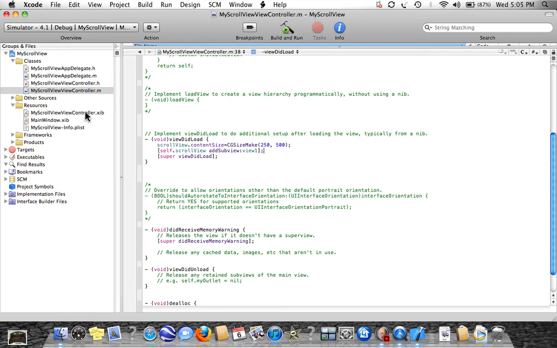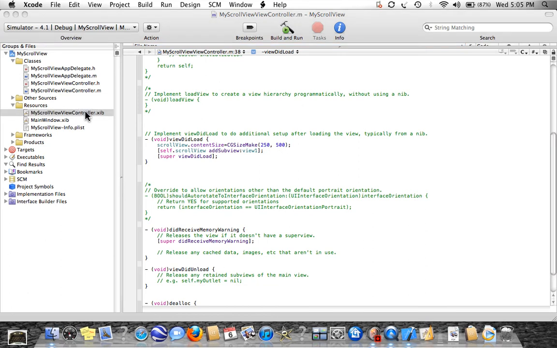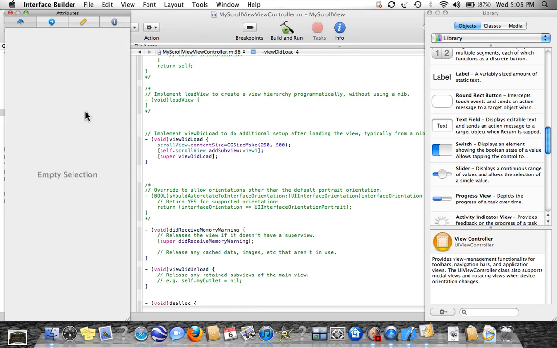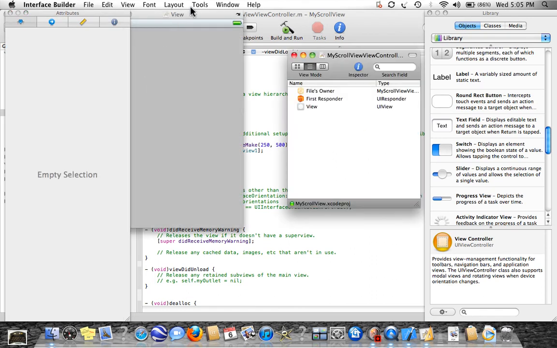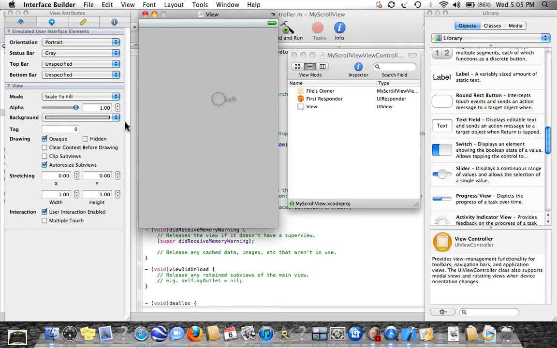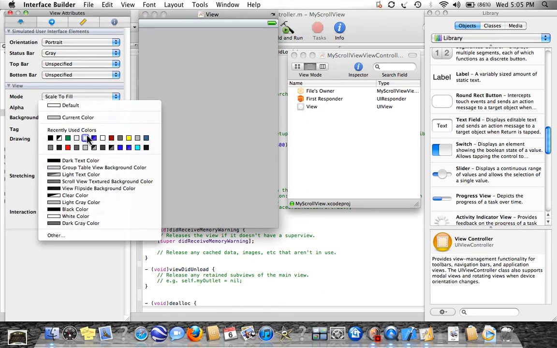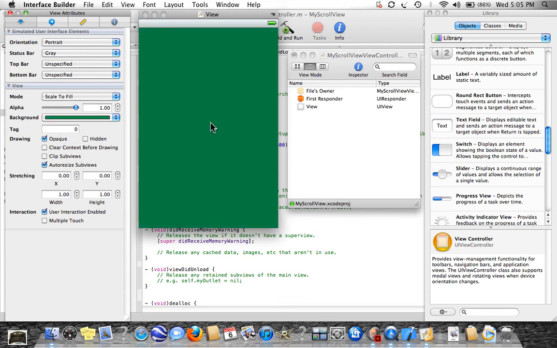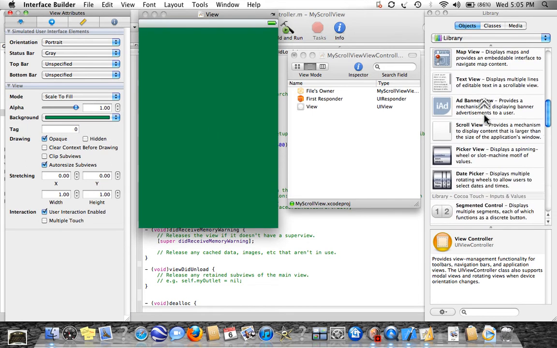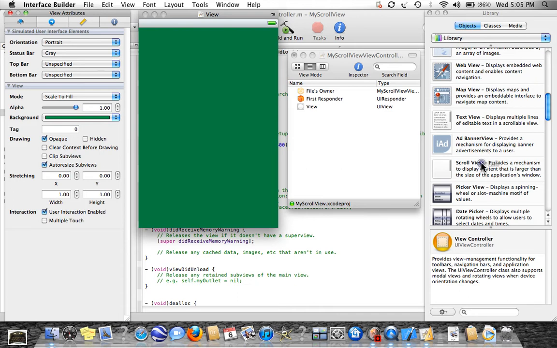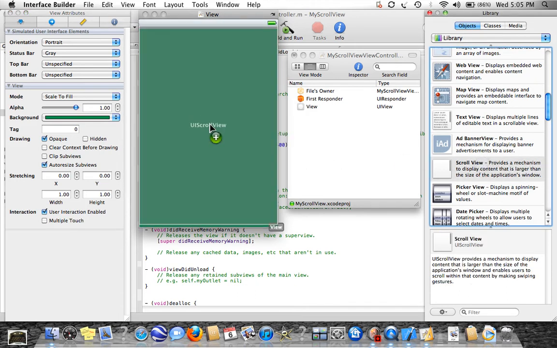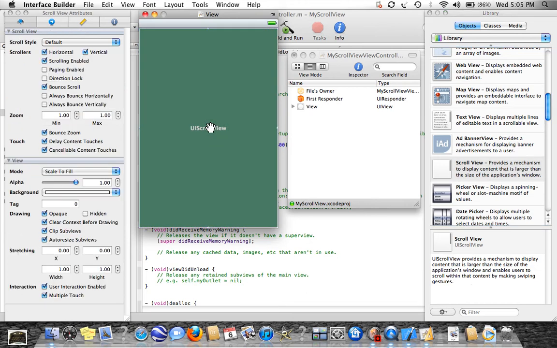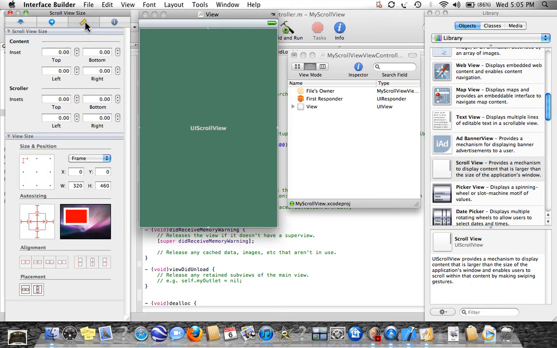Command S, open our nib file. And change the color. I'm going to change it to green. Alright, first thing we want to do is grab our scroll view from our library objects, put it into the window. Now we set the size to 250 by 500, so